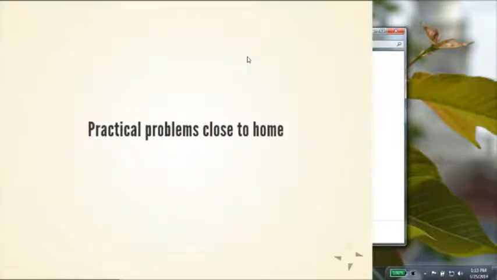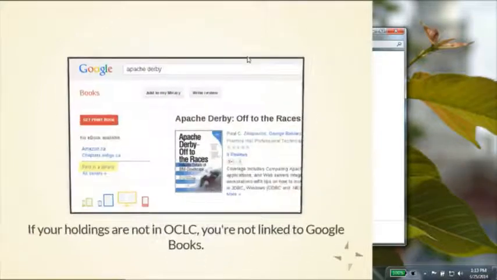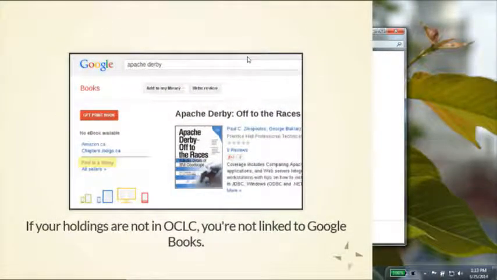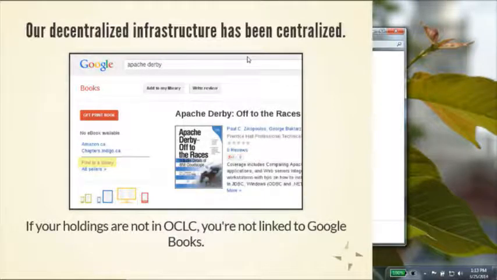So that's all cool, Dan, but what's a problem that we really kind of care about? What I care about is something like this, where if you do a search in Google Books and you get a book result, there's a really handy find in a library link on the left-hand side. But when you click on that link, it takes you to WorldCat. So the problem with that is that if you're not in OCLC, then you're not linked via Google Books. And all the work that we put in as a library community in decentralizing our information, making it available and readily harvestable by other entities, has gone away. We've allowed ourselves to be centralized in this one specific instance. I want to kind of be able to avoid that or provide alternatives to that.